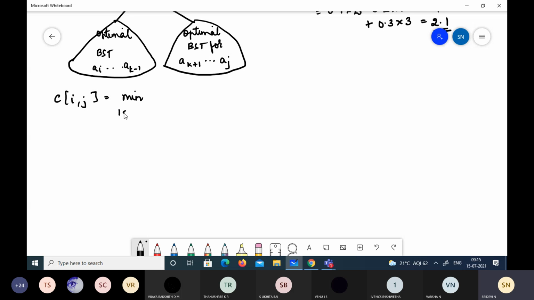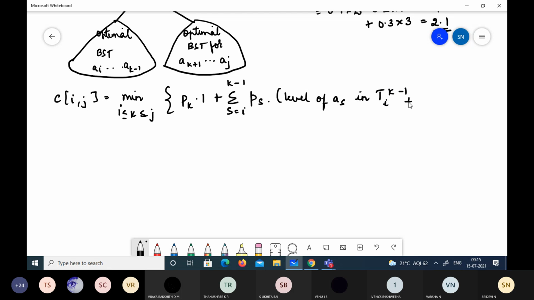It is the minimum over K of the probability of K, plus the summation from I to K minus 1 of the probabilities, where these are the sums of the probabilities at the level of the keys in the tree, plus the same for K plus 1 to J, the level times the summation of the probabilities.